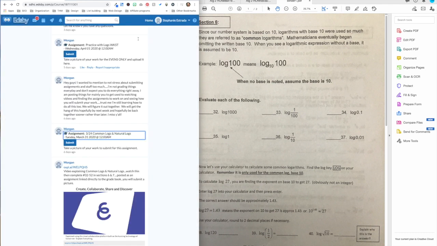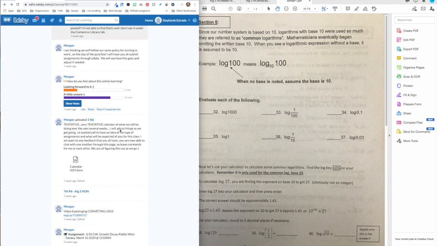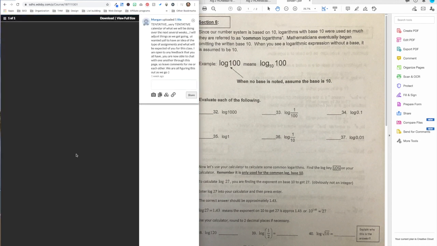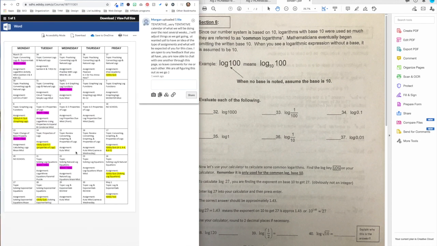Now, what I did notice when I was scrolling through was that when this particular file was uploaded, it was uploaded as a Word doc, and it has different options. It has an option to print. So I'm guessing that a PDF would probably do the trick as well. So what I did was I took the image that the teacher sent and I converted it into a PDF,